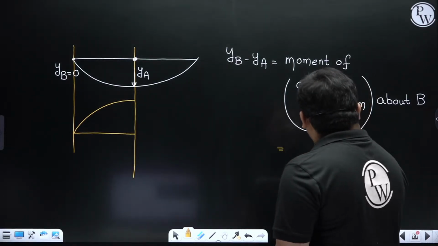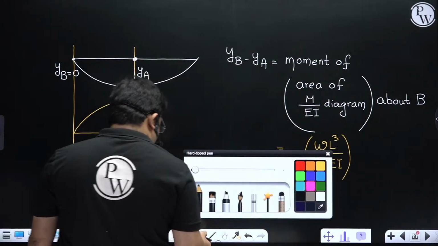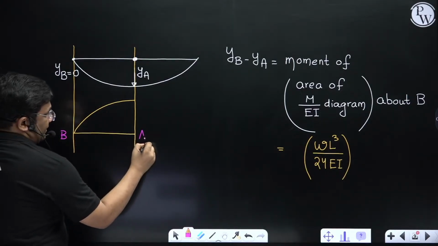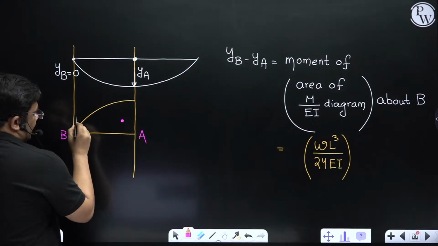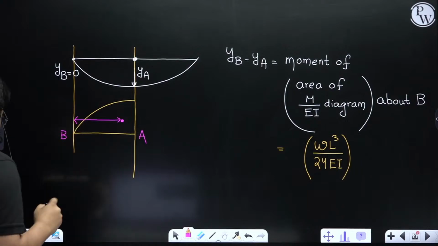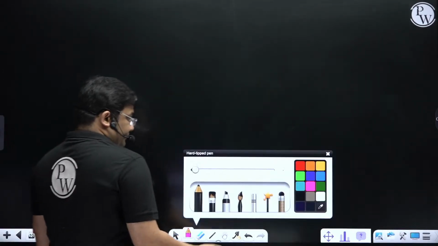I have to take the centroid of this area, okay, and then take its distance from B, right? So this is the centroid. So I have to get this length. How to find out? For that, I'll give some points. You see,